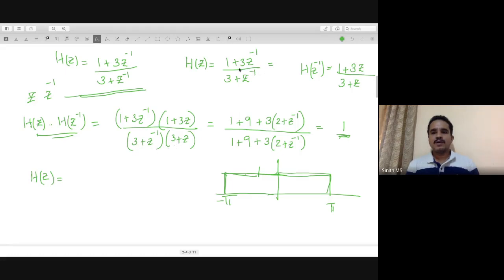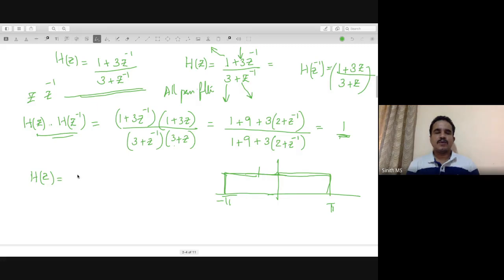So here you have 1 plus 3z inverse into 1 plus 3z. Basically, the term that you have here is the same as the coefficient that you have here. The term that you have here is the same as the coefficient that you have here. And similarly, if you have all the terms like this, you can prove that this will be an all pass filter. So for example, let us take